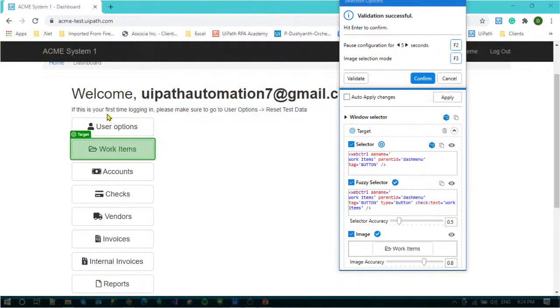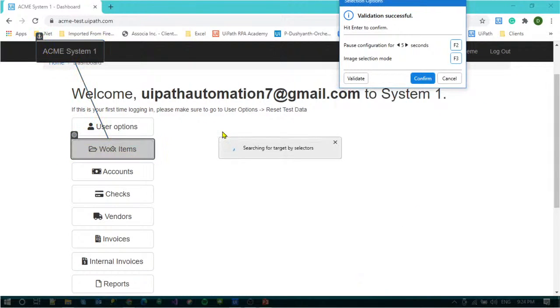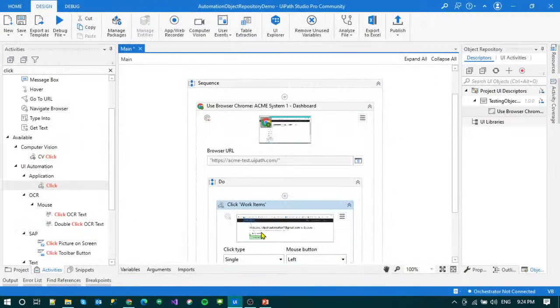target element, anchor element. So I would like to take home as the anchor for, I would like to take ACME as the anchor for this. So I would like to validate this, if I find any similar kind of selectors for other things. So if it is good, the robot will say validation successful. Like this kind of match we won't be having. Like this is the selector, this is the anchor, for this kind of combination we won't be having. So as soon as I finish,